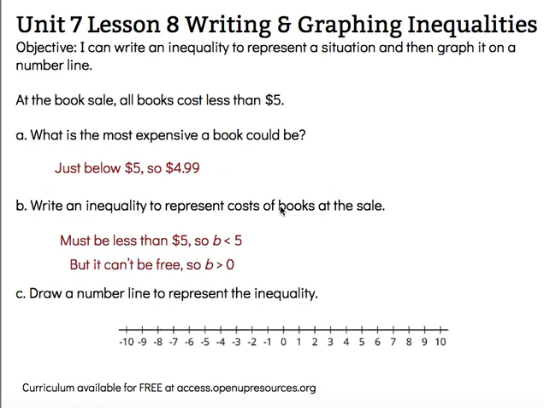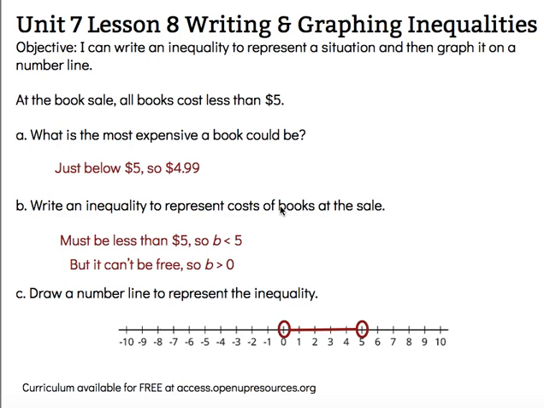The last part says draw a number line to represent the inequality. Since it can't be 5, I do want to start at 5, but communicate that it doesn't include 5, so I'm going to circle around the point 5 on the number line. And since it can't be 0, but I want to communicate that it does start right around 0, I'm going to put a circle around the point at 0. If we were going the simplest route, we would just connect those two dots with a solid line,